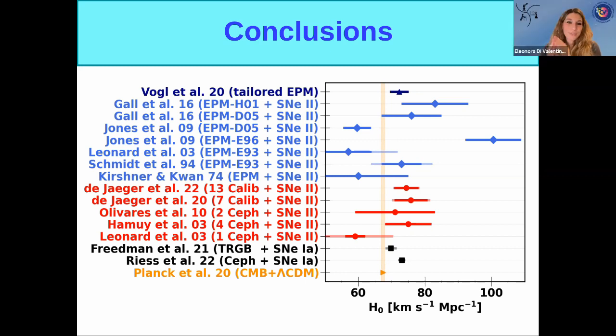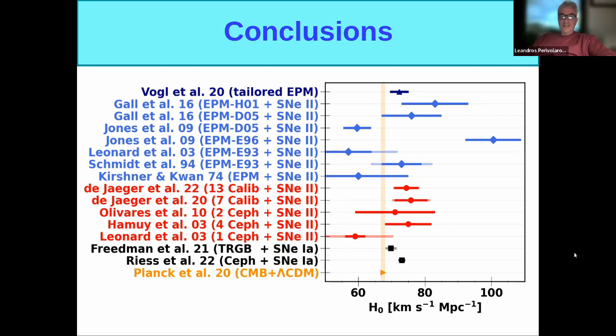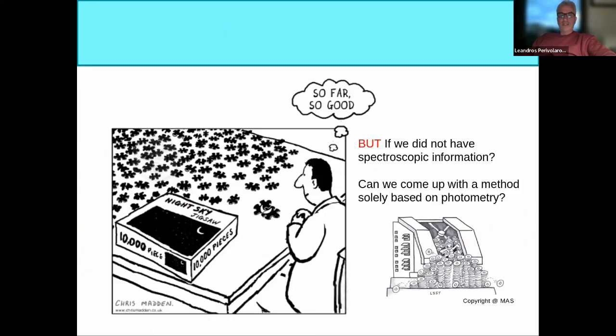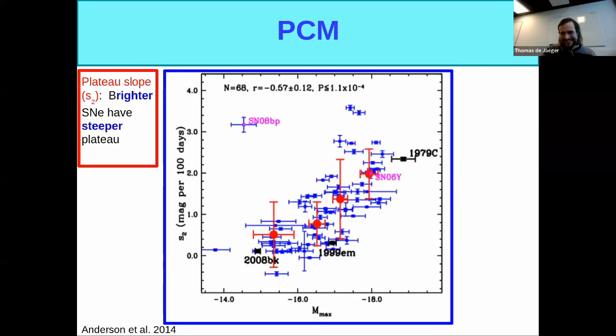Thank you so much. Thank you for the very interesting talk. Do you have any questions? Yes, Leandros? Yes, thank you for the nice talk. Just a question about the standardization of the type 2 supernova. You mentioned that one can use the color and the velocity to standardize the type 2. Is there any information one can extract from the light curve? I mean, I know it's not the same as type 1, but at least is it possible to get some information about the standardization? Yeah, thank you for asking, because I have a slide to answer.